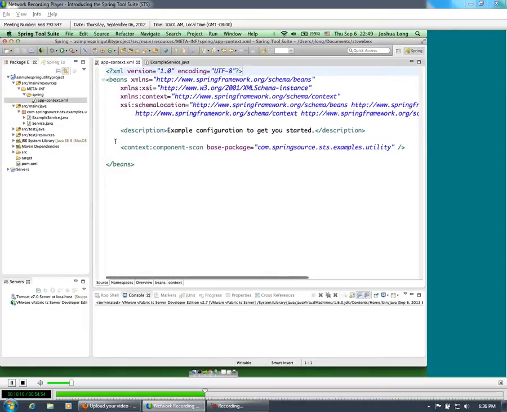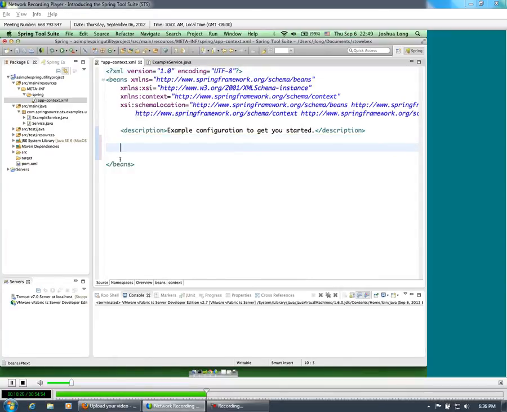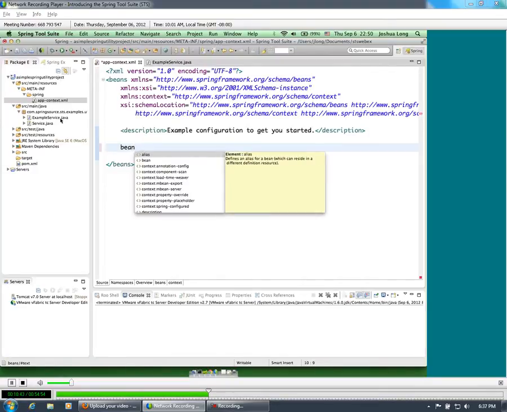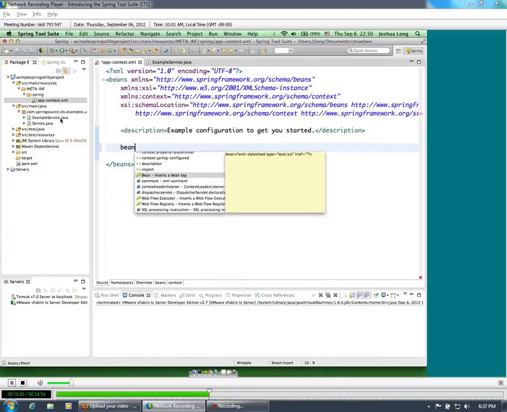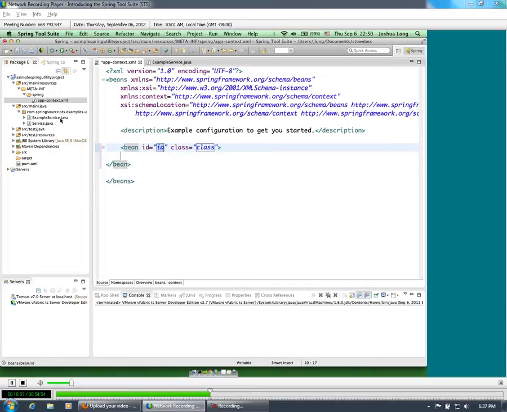We're going to dismantle the component scanning feature of Spring, and we'll use this as a chance to explore some of the very powerful code assist features inside of the editor for working with Spring application context XML files. So let's, for example, define our example service, right? It's very easy to get started using Content Assist. I can type in BEAN, for example, and hit Control Space, and I get all sorts of interesting options. One that I really like is the one at the bottom here. It says bean, inserts a bean tag, and boom, I'm dropped into a ready-to-use definition, type in example service, hit Tab,